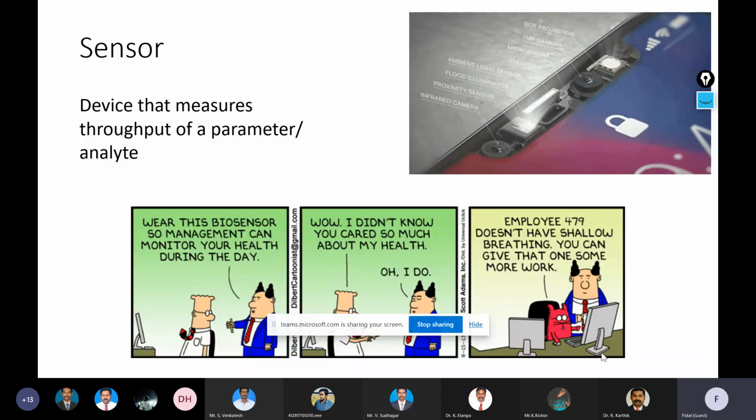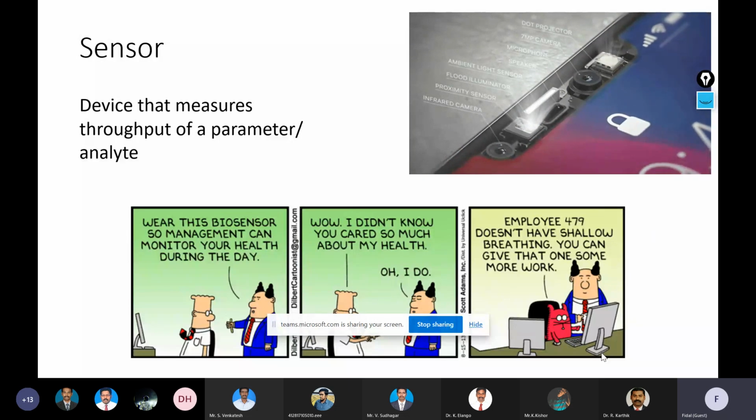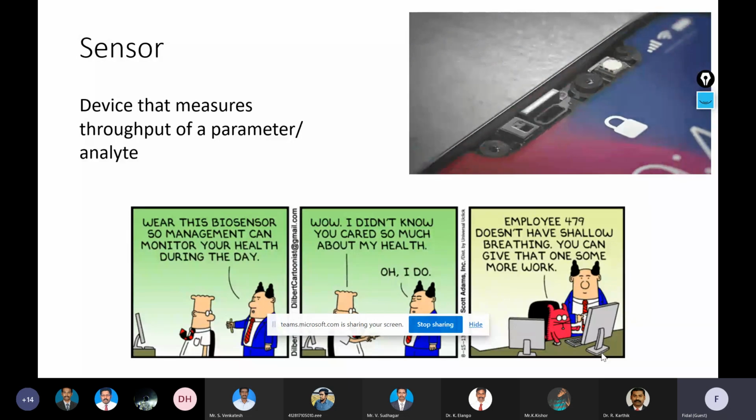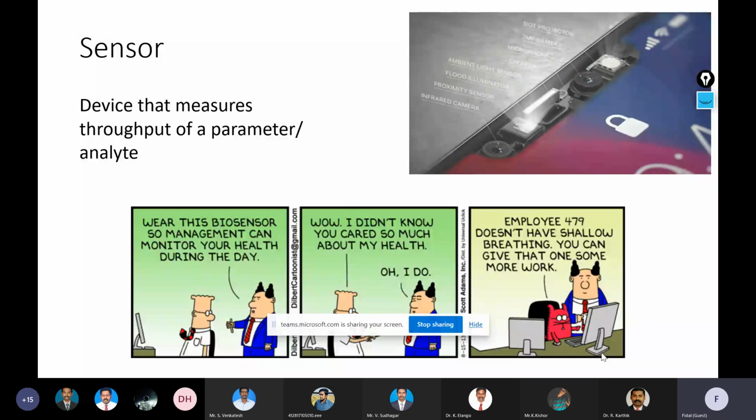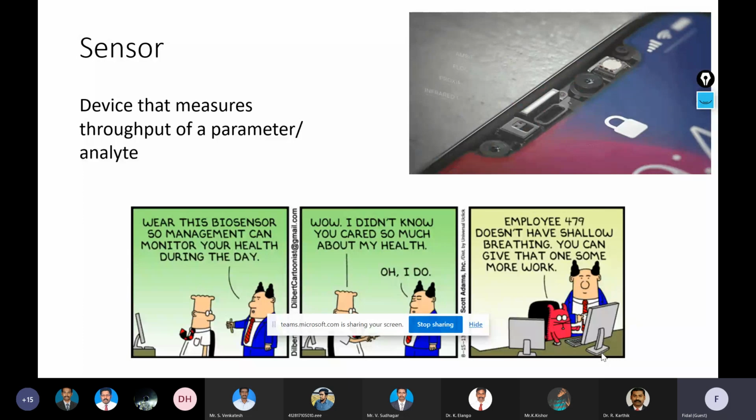So where do you use it? I have just put a small pun. So we use it to measure whether our employees are really working or not. So we will be constantly monitoring whether they are really giving their 100% or not. Jokes apart,